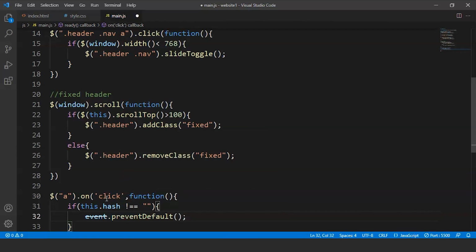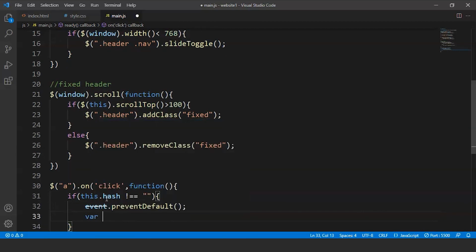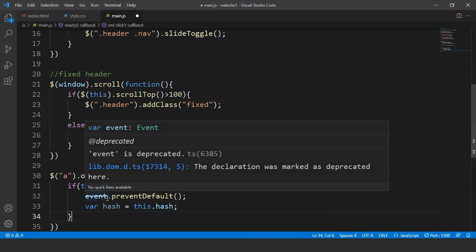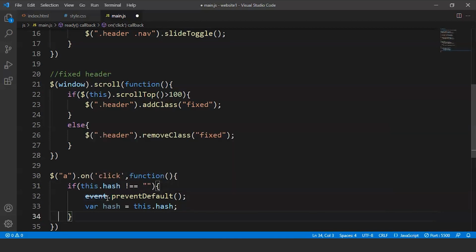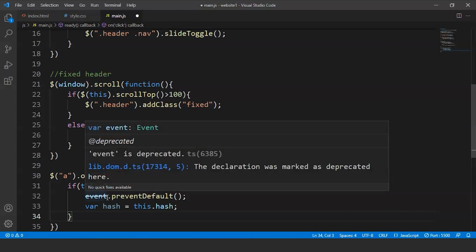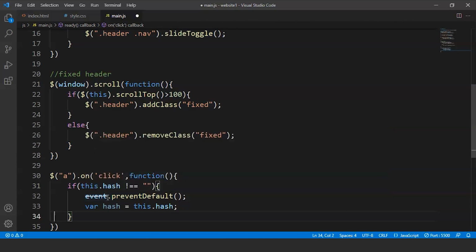Now what we'll do is we'll store the value of hash inside a variable. So let's say we are using the var hash. Now we'll write here is equals to this.hash. Now we have the hash variable present inside hash. So we have the value of hash basically present inside the hash variable. Now we'll use jQuery's animate method to add smooth page scroll. So the optional number, which is 800, it specifies the number of milliseconds it takes to scroll to the specified area. So for that, what we'll do is we'll write here